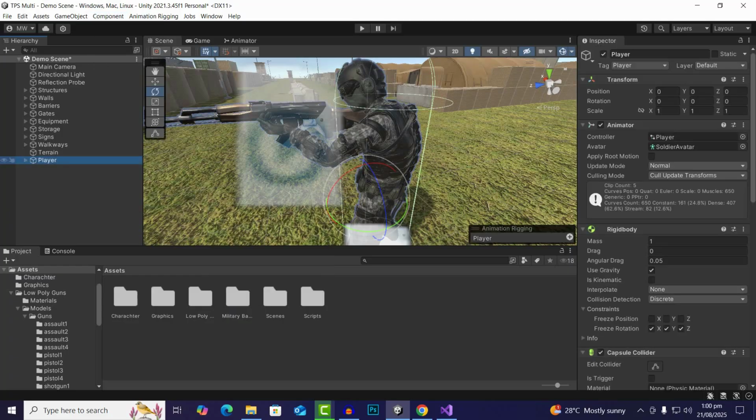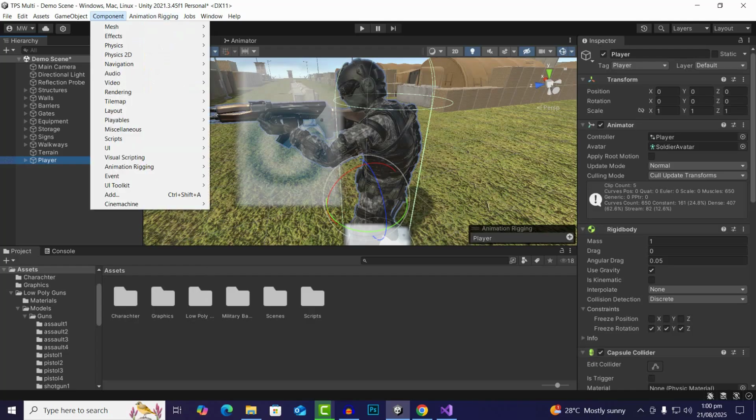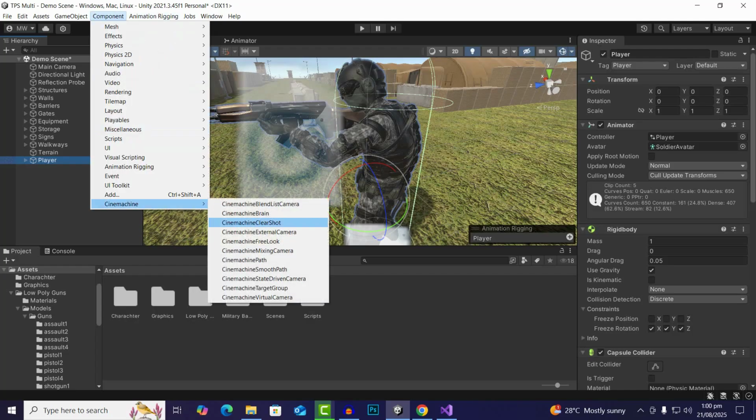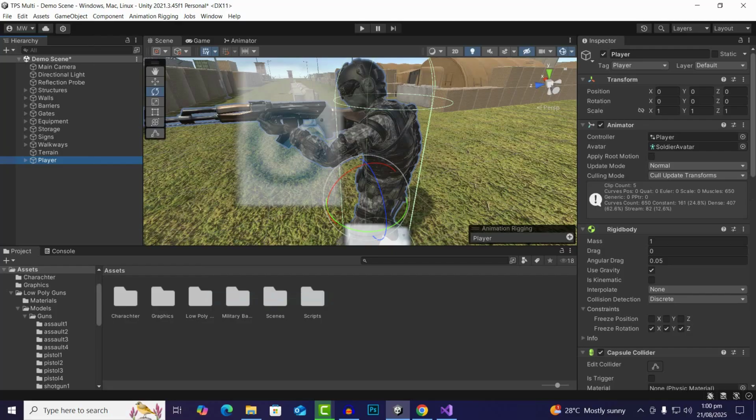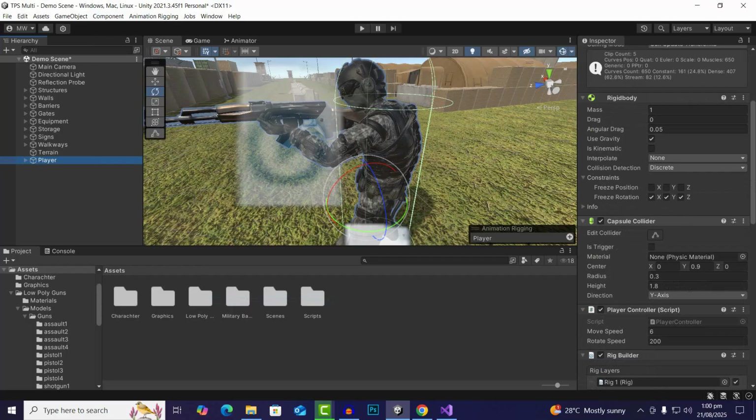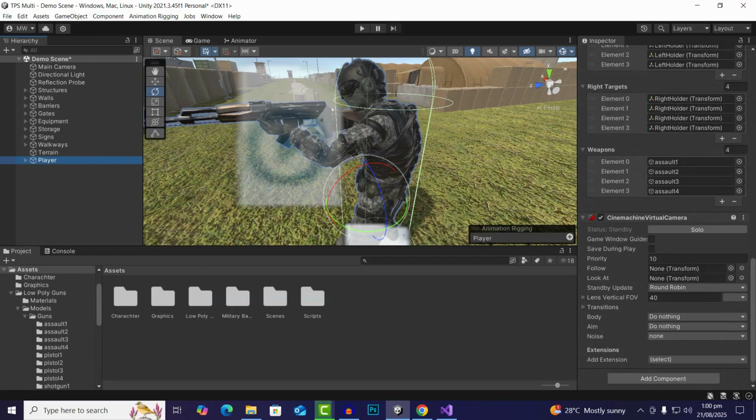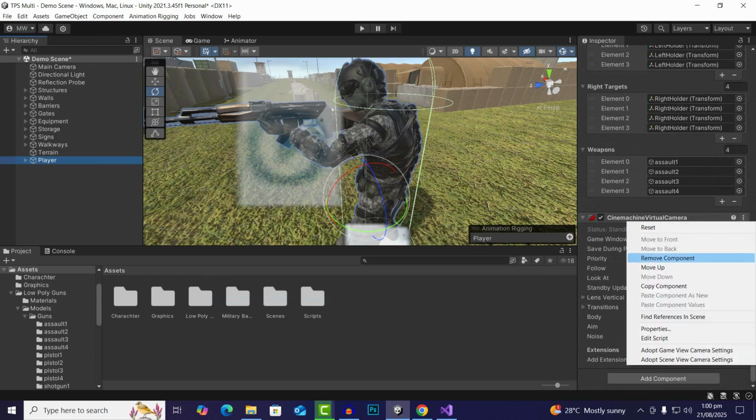If we select some object and go to component, Cinemachine, and then virtual camera, indeed it's not added. Yeah, you can see Cinemachine virtual camera is added here, which we don't need here,